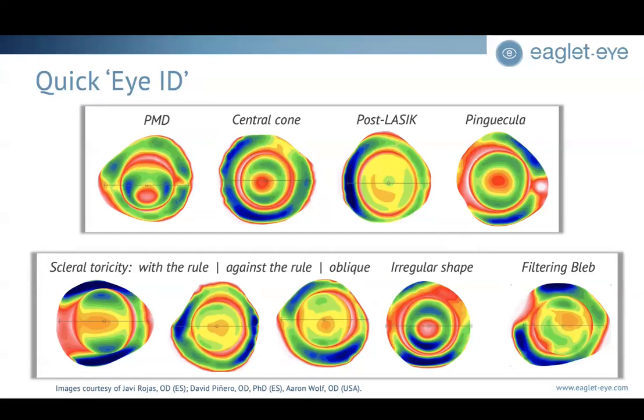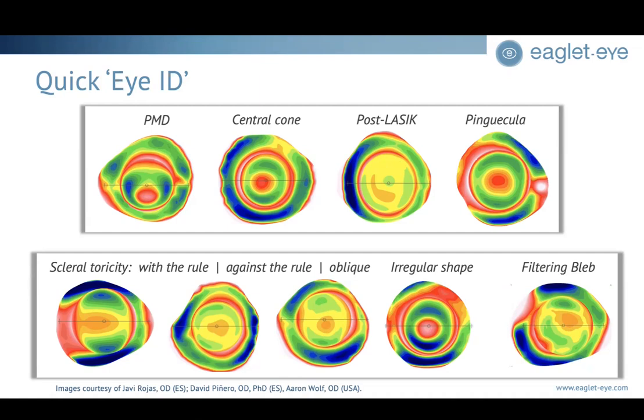And we call it the quick eye ID, just to show examples to orient you to what exactly the maps look like using the ESP. And you'll see that they're actually very, very similar. Patterns are patterns. For example, you can see on the top, these are ectatic conditions and conditions, pingueculas, that have